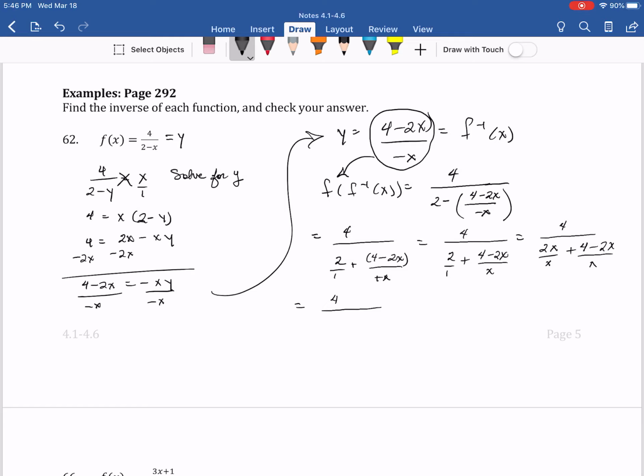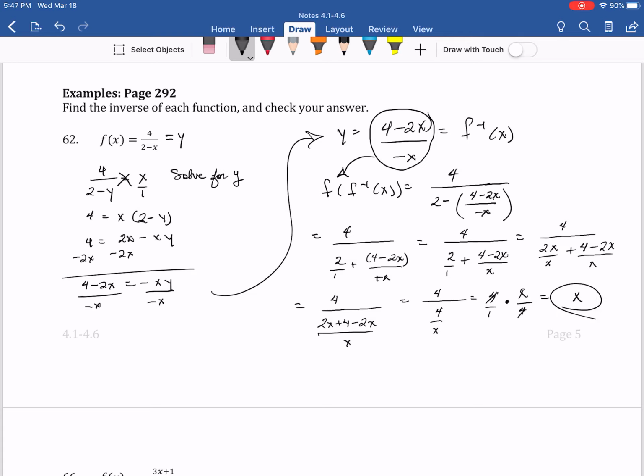Now we can add the numerators of that bottom quantity. We know how to divide fractions, and lo and behold, we end up getting this to simplify to